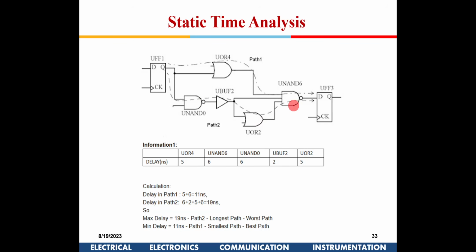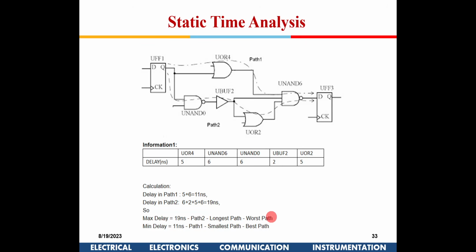So when we do the STA analysis, suppose only one delay is given out here, right? So there are multiple paths available here for data to reach this clock. This is the launch flip-flop, this is the capture flip-flop, right? So this is path 1 and this is path 2. I compute the delays in path 1, I compute the delay in path 2, and from there